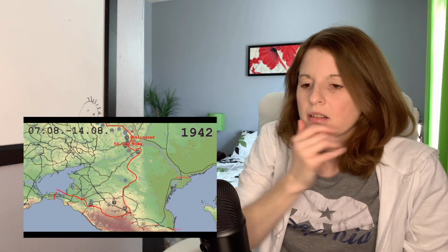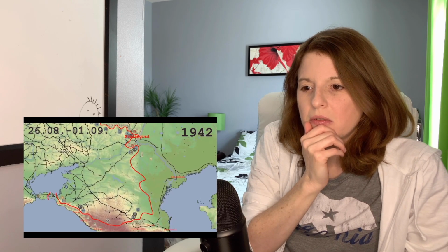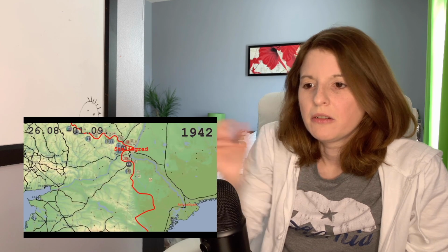There they made a stand and dug in on the bottlenecks. In the north, the Germans used the open steppe terrain to outmaneuver the Soviet reserves and moved slowly towards the Volga. By the end of August, they...